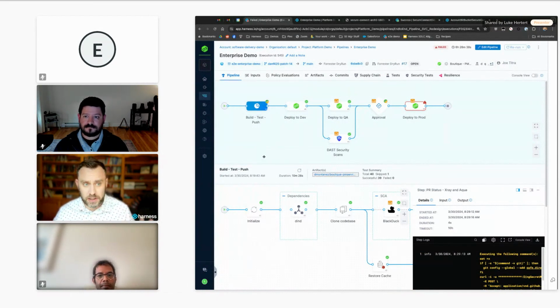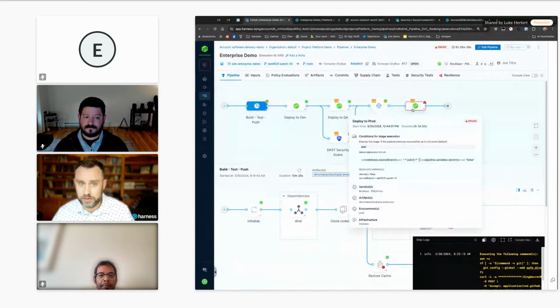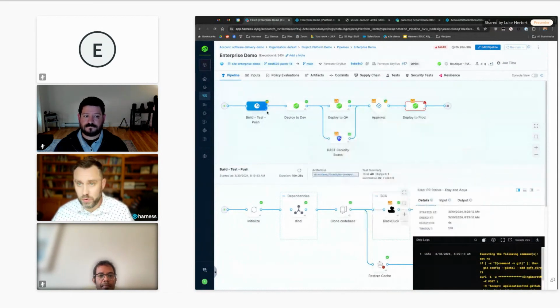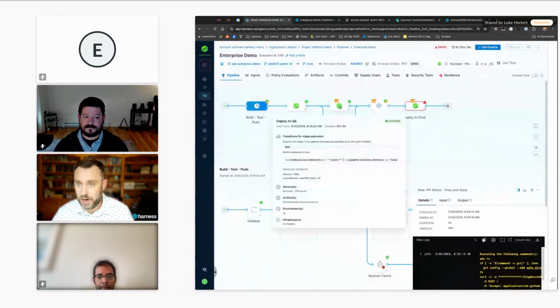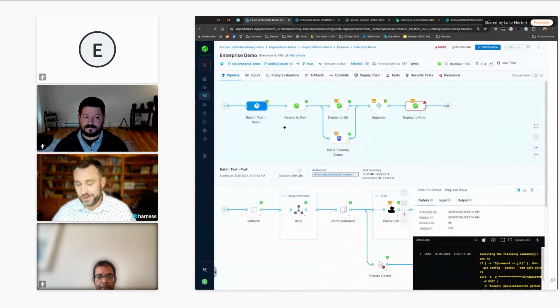So what you're seeing here is the Harness UI, specifically an end-to-end pipeline. So this is basically taking source code all the way out to production. In the Harness world, you could have just a standalone stage that just does CI and a standalone pipeline that just does CD. You don't have to have it separated out, but we do view these as two distinct problems that require two distinct solutions, and it's helpful to have a cohesive experience across those two.